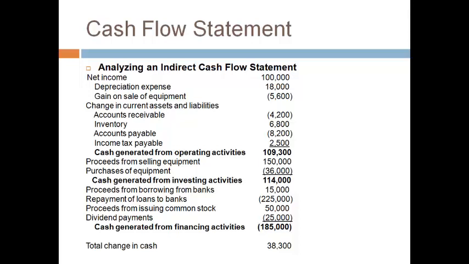Let's look at the entire indirect cash flow statement. Notice the 3 sections and the subtotals in bold. The operating activities section begins with net income. Net income is adjusted for items that are included in net income that did not also change cash. The investing activities section includes cash received from selling and cash paid to purchase long-term assets. The financing activities section includes cash received from borrowing and cash paid to repay long-term debt. It also includes cash received from owners for new shares of stock and cash paid to owners for repurchases or